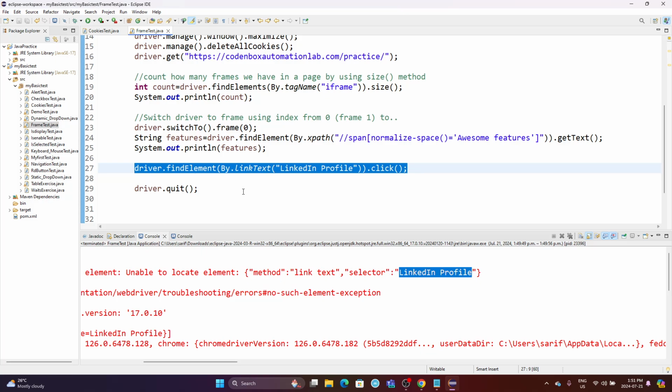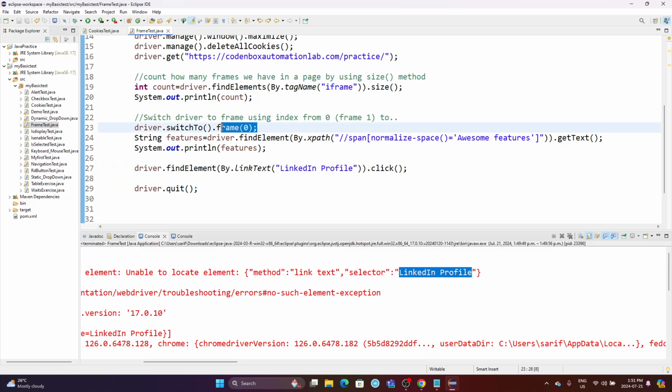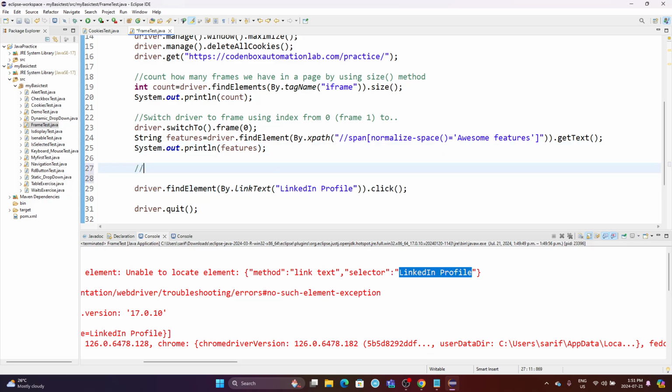Why? Because as I said, our driver is still inside this frame. So to work outside of the frame, we have to tell our driver to go back to the default HTML window. Then it will be able to work as usual. Okay, so the next thing would be, before we work on our regular HTML page, we have to tell our driver to go back to the default window, default HTML page. To do this,